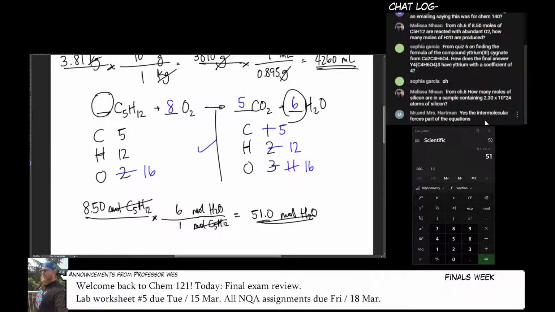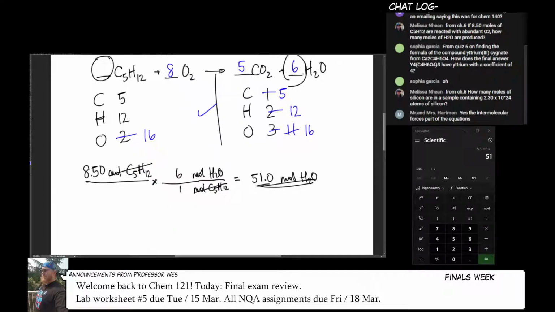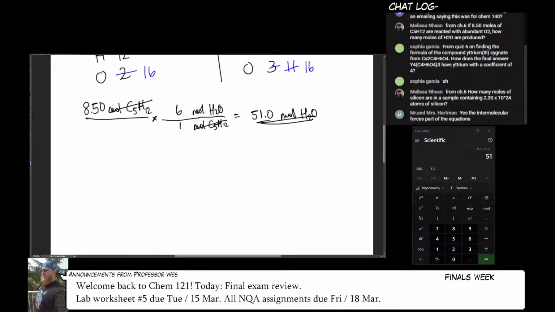How many moles of silicon are in a sample containing this many atoms of silicon? We could do that. So we know that in 1 mole of something, we'll just write atoms, there are Avogadro's number of those atoms. So if I have